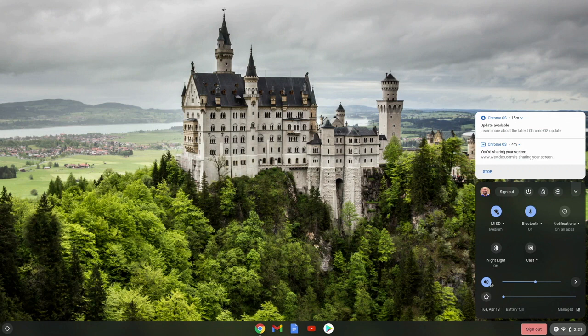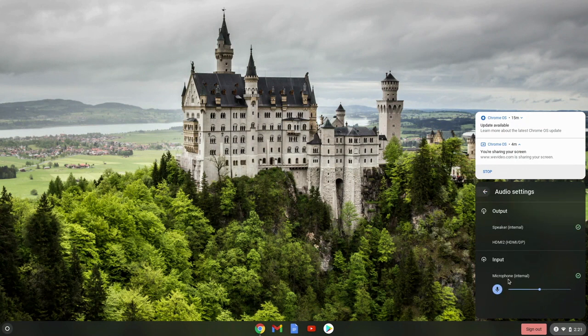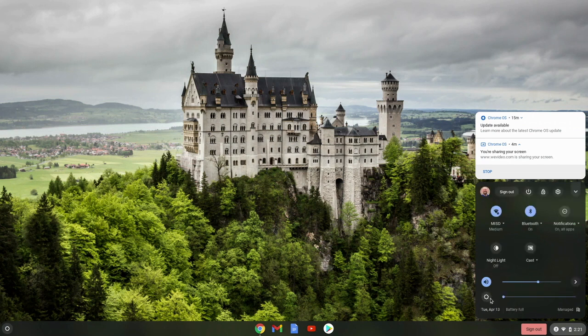Okay. Finally, your volume button is right here. This is your volume. You can go back and forth. If you click the little arrow, it's going to take you over to what input and output it's using, which you don't need to worry about. And then this is your brightness. You would use this to adjust the brightness on your screen. Okay. So those are the